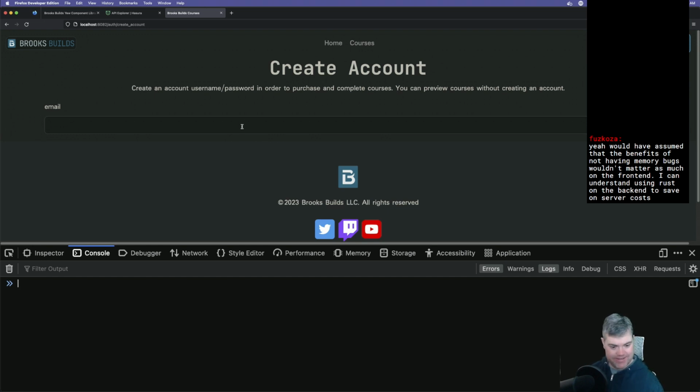But at least it works. You'd assume the benefits of not having memory bugs wouldn't matter as much on the front end. You can understand having Rust on the back end to save on server costs. Yes and no. I guess it also depends upon what type of applications you're making for the front end. If you're building like a capital A Application, then actually having something to help